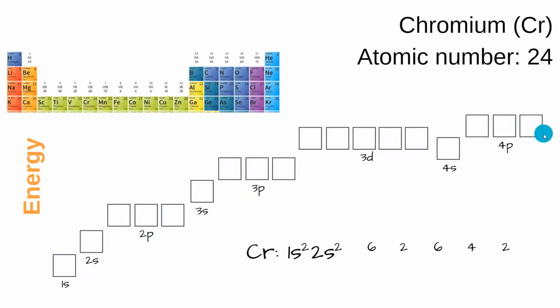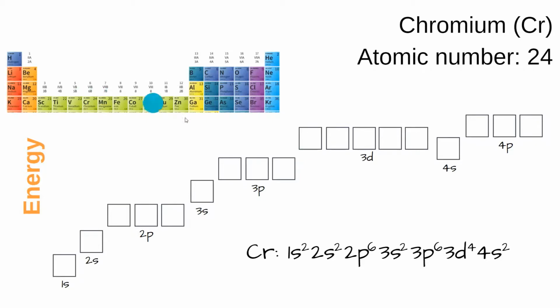And then our second exception is chromium. It has 4 electrons in its 3d sublevel, and it only needs 1 more in that 3d sublevel to be half filled, where it will be more stable. So if it followed the pattern, we'd have [Ar] 4s2, 3d4. But just like with copper, one of the electrons moves from the 4s orbital into a 3d orbital